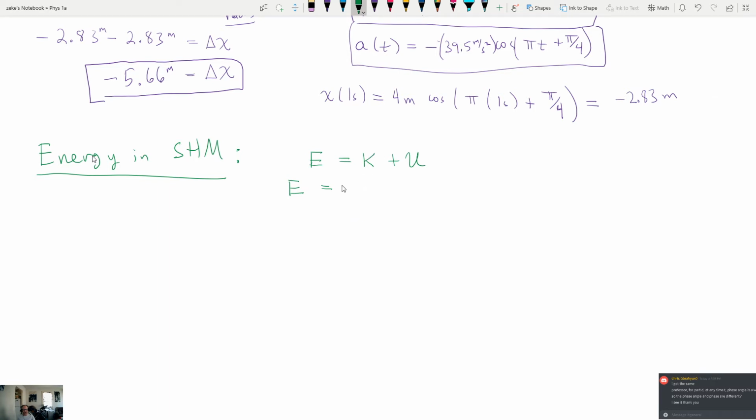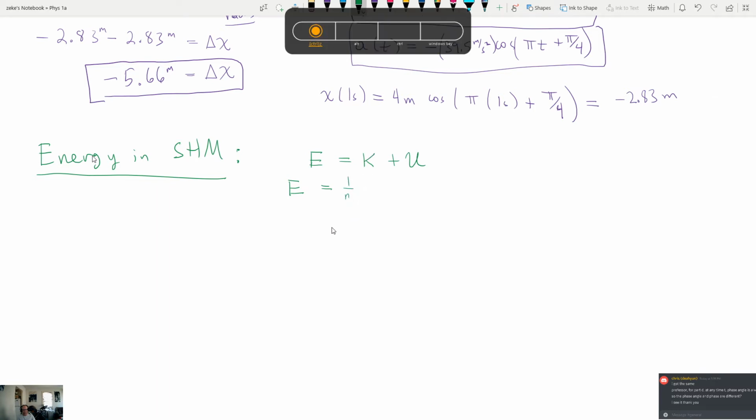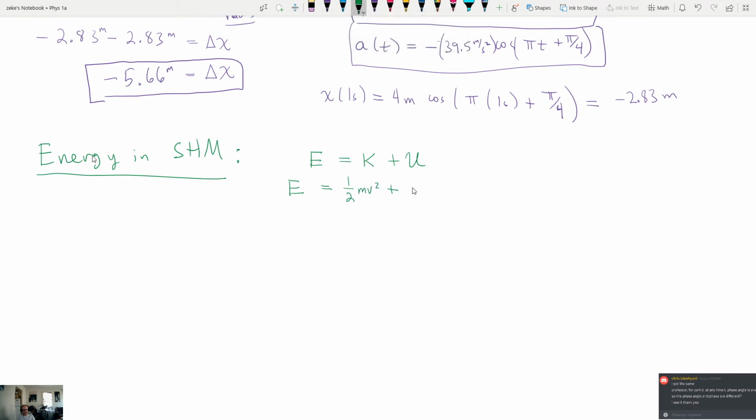to be its kinetic energy, which at any moment in time will be given by 1/2 mv squared, plus its potential energy, which is going to be given by 1/2 k times x squared, right? This is going to represent the total energy of our system. So I'm going to call this E total,